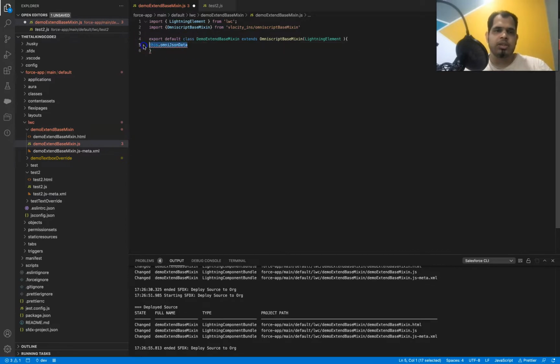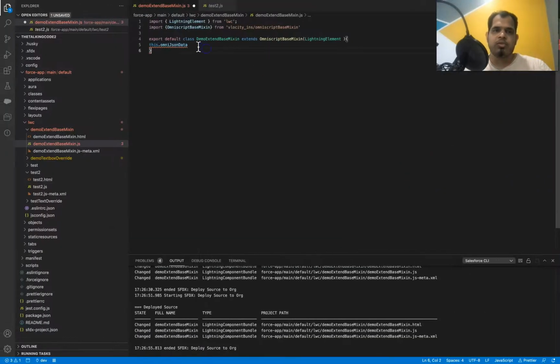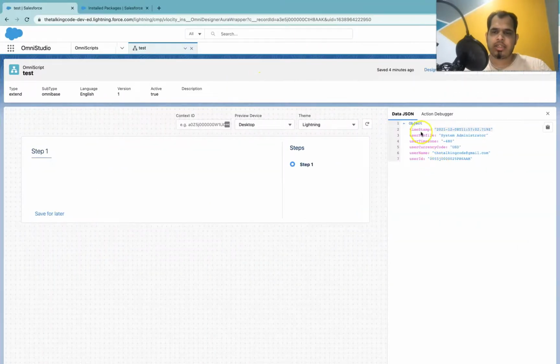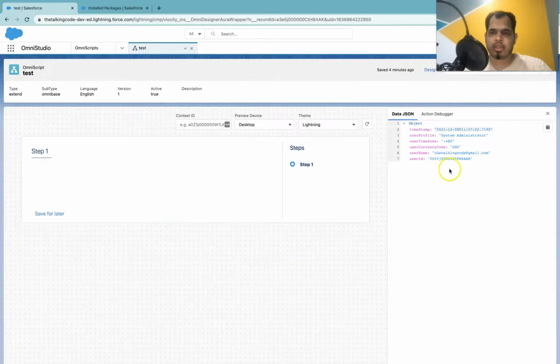Basically this property will give you all the access to this data JSON. Okay, and if you want to update the data inside this data JSON, then you need to use the method called omniUpdateDataJson, and it takes the JSON as a parameter which will be updated here.